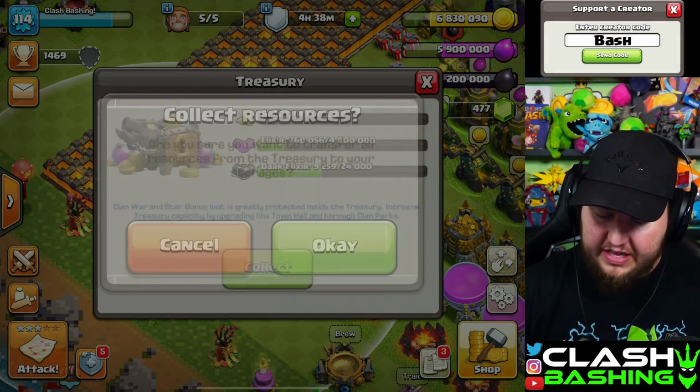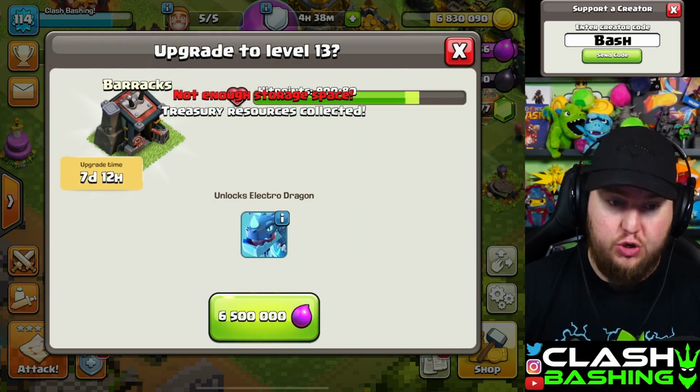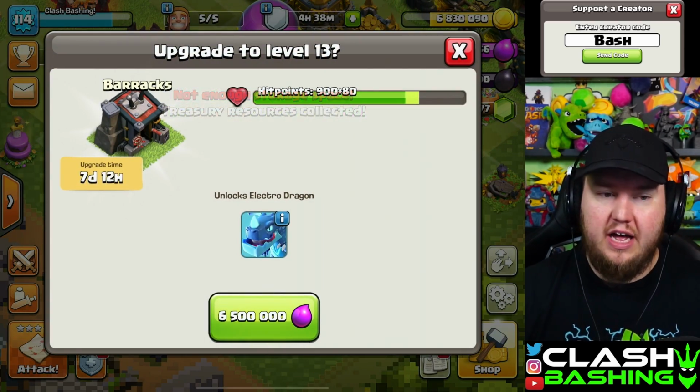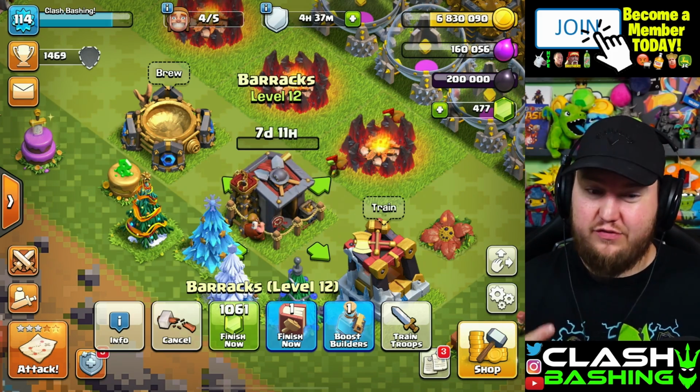Let me go ahead and grab this elixir out of the treasury, and we can start that barracks upgrade to get those E-Drags that we were just talking about. It's a 7-day upgrade. We can still train troops, but they're going to train at half speed, which for me is pretty